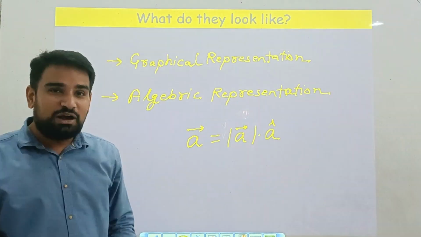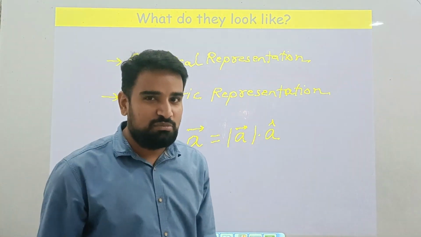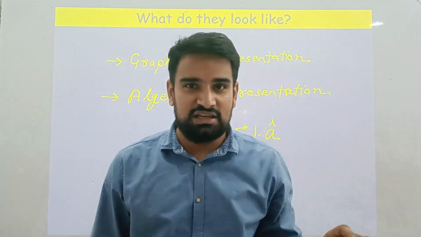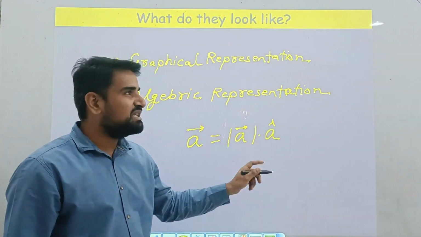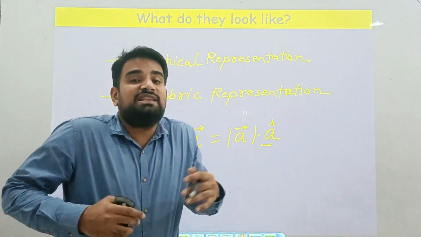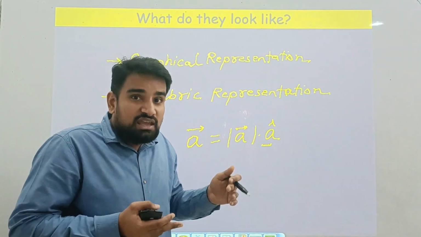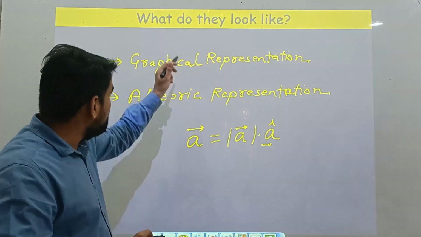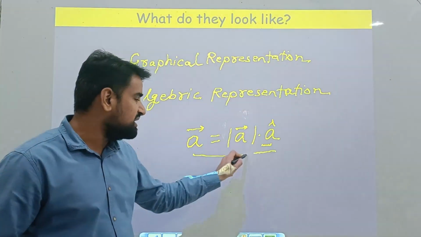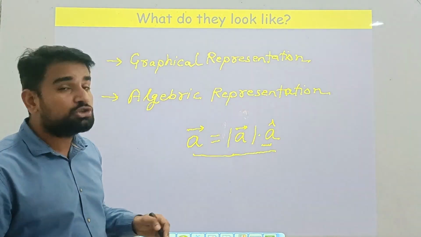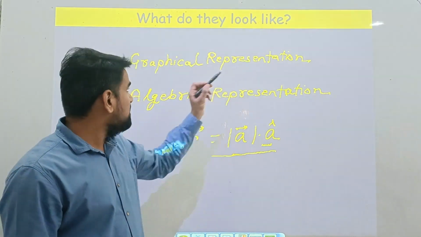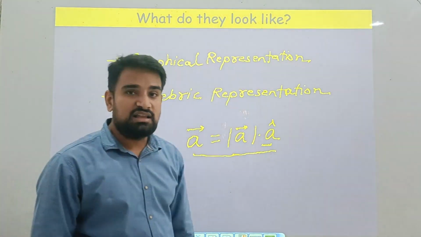Now the question that should come up in your mind is whether it is representing the upward direction. No, it's not representing the upward direction. It's just representing the direction of A. So what is the direction of A? If you want to show it, at that time you will need graphical representation. As I told you, this is only algebraic representation, and in the algebraic representation you cannot show everything. So the direction can be shown in a graphical representation.